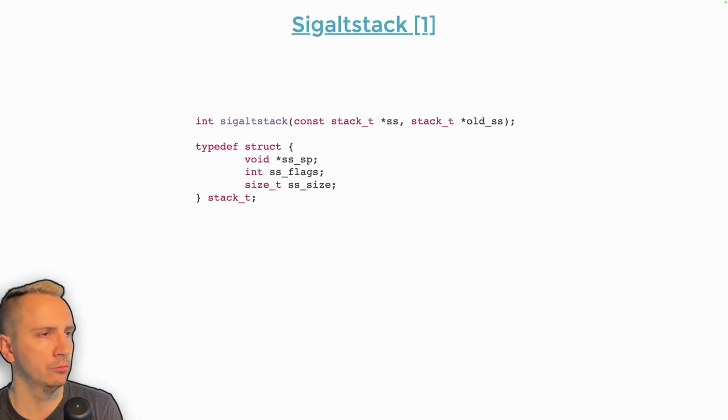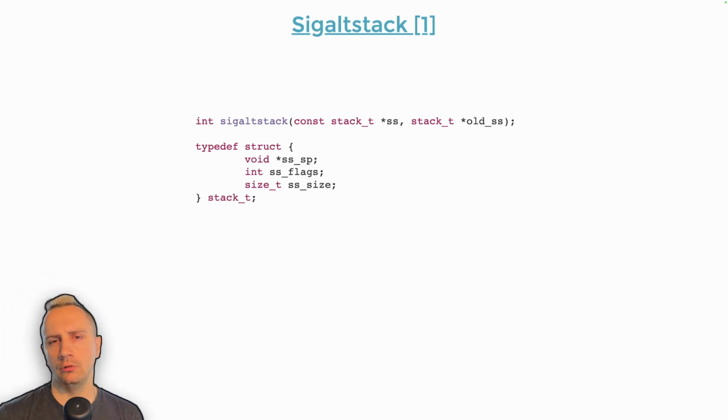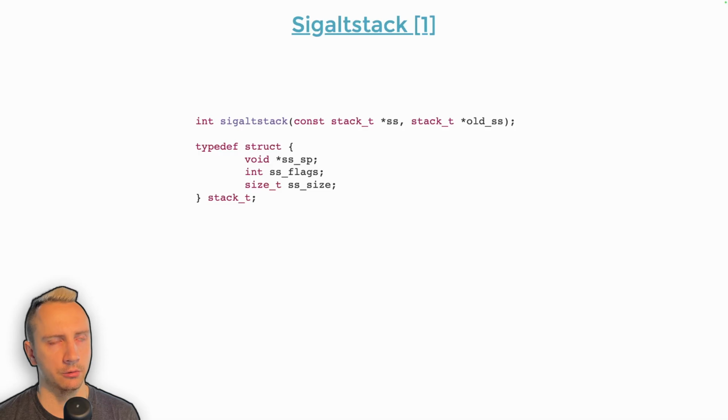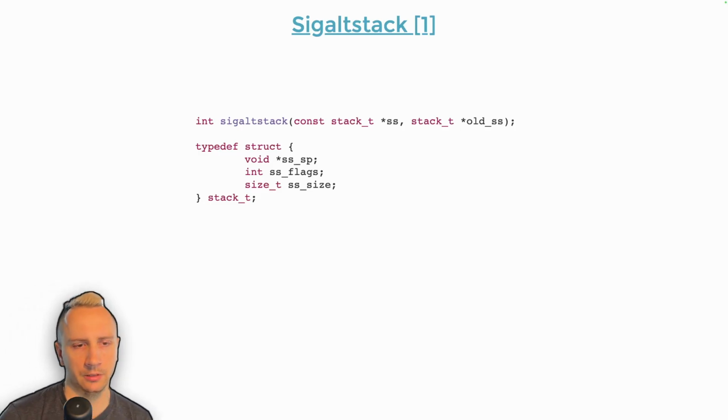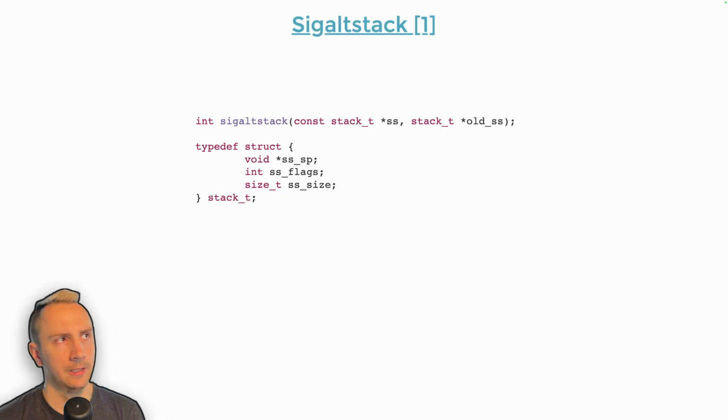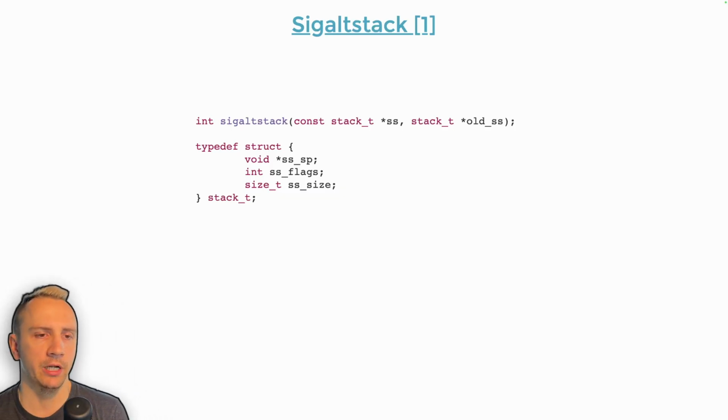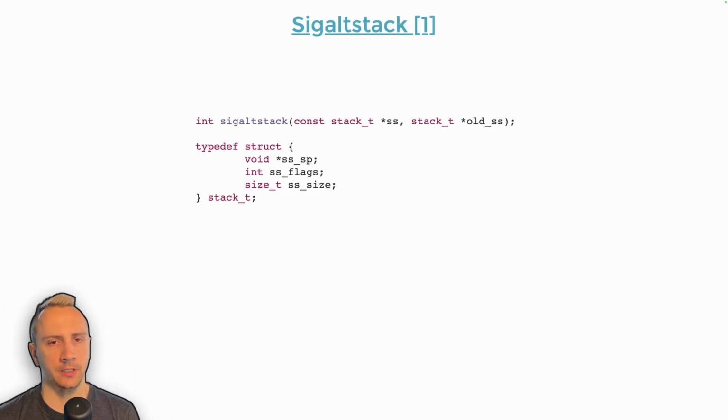Or alternatively, you might want to cover the case when your thread crashed, received signal because of stack overflow. Then you obviously cannot use this stack anymore, right? On the default stack, you might be just unable to handle stack overflow at all. This would be inconvenient. So for this case, when you want a separate, probably bigger stack, or just a stack which is guaranteed not to be affected by whatever is broken in the main thread, you can use sig alt stack